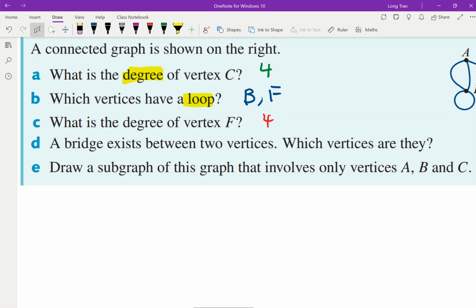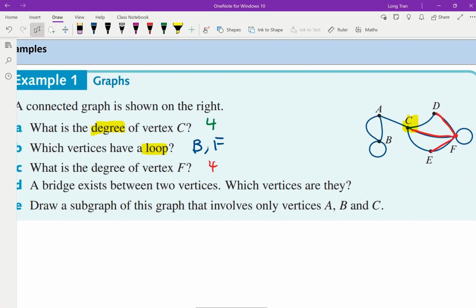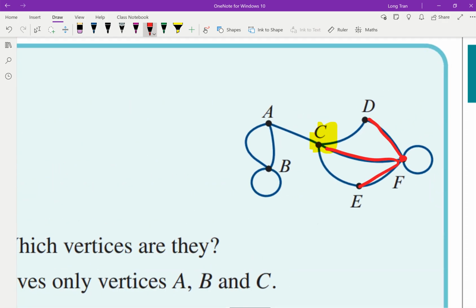And then what is the bridge? Do we know what a bridge means? It's the term bridge. What does bridge mean? Very good. So you're meant to look at this diagram here. A bridge is where it connects essentially 2 circuits, or what they call a pathway or a walk,